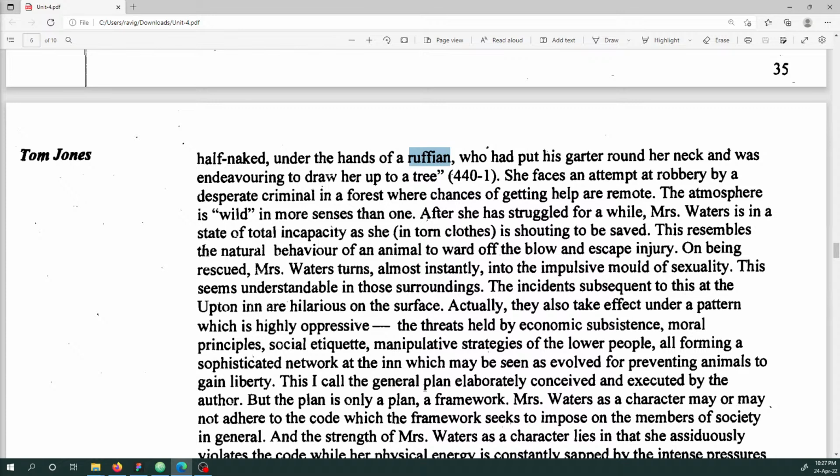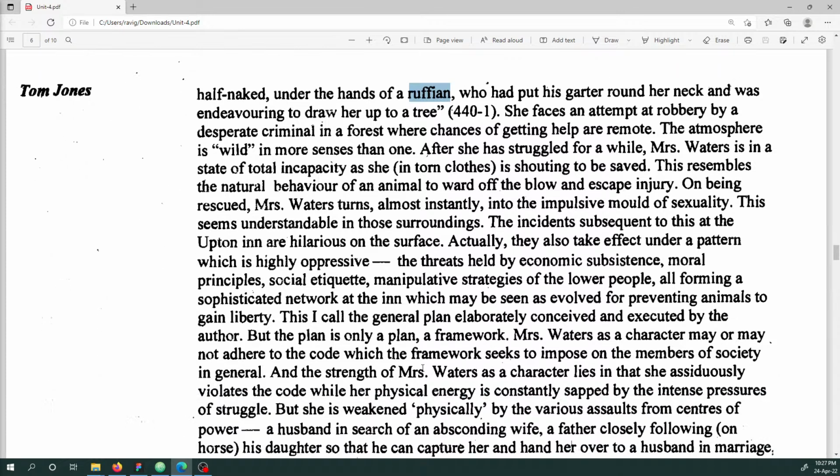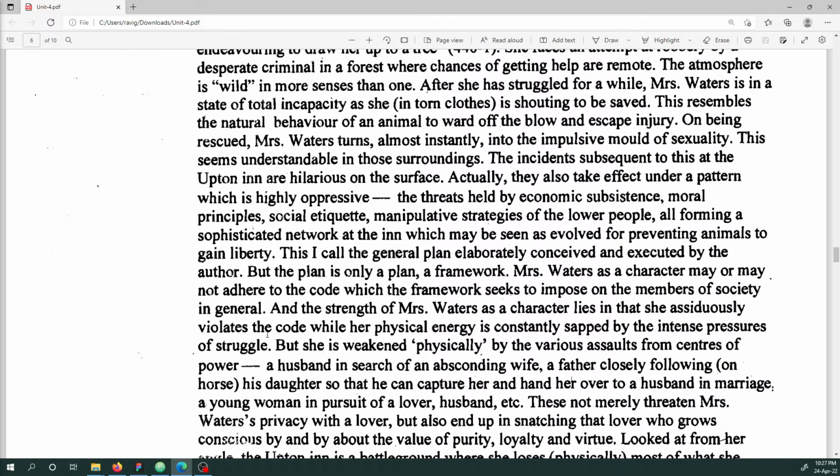This I call the general plan, elaborately conceived and executed by the author. But the plan is only a plan, a framework. Mrs. Waters, as a character, may or may not adhere to the code which the framework seeks to impose on the members of society in general. And the strength of Mrs. Waters as a character lies in that